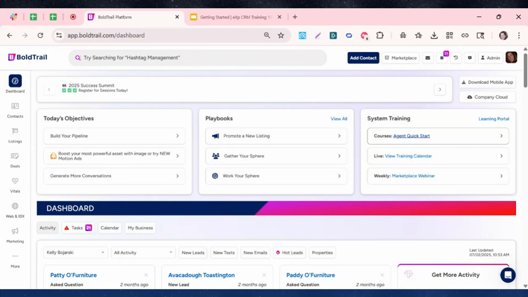It will allow you to take, it's about a 90-minute course. It's broken into 4 easy-to-use sections, and it dives really deep into all of the tools of our BoldTrail platform. If you'd rather attend one of our interactive webinars, check out what's available on the training calendar. The training calendar is where you can